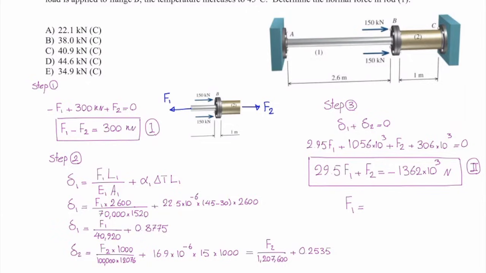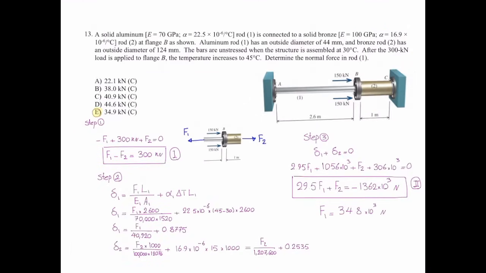And if I solve that, that gives me F1 equal to 34.8 times 10 to the third Newton, which the closest answer is C, 34.9 kilonewton. So one lesson that we learned is we need to read the problem statement carefully because it would